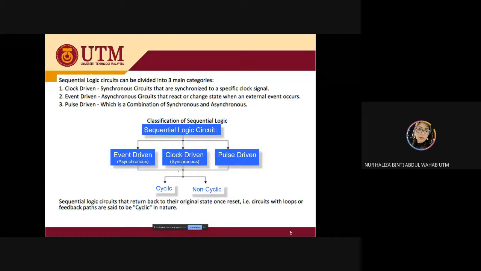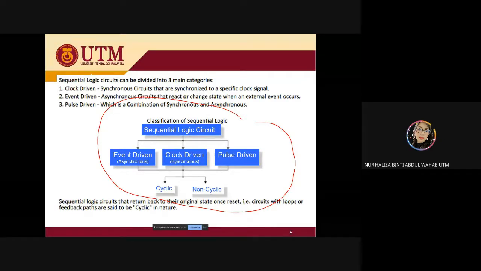And this clock driven are cyclic and non-cyclic. So you have all. You can read and go through all of these, but just looking at this timing diagram, you have everything. Only that you need to